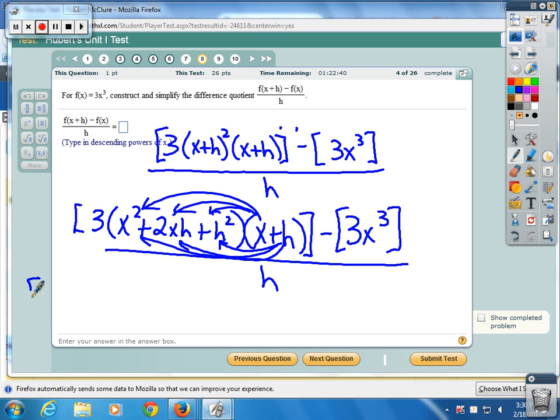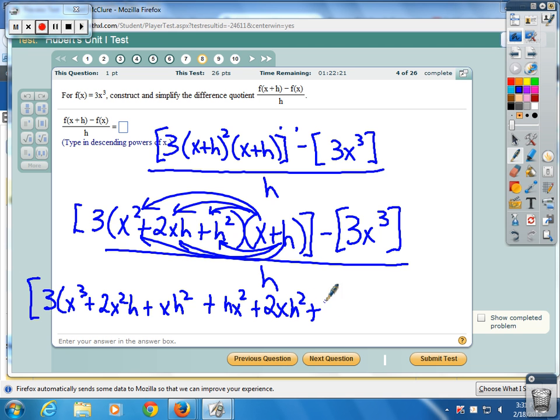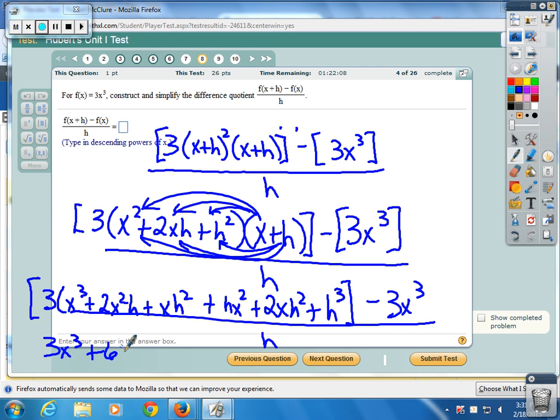And that's going to give you brackets 3 times x cubed plus 2x squared h plus xh squared plus hx squared plus 2xh squared plus h to the third, close brackets, minus 3x cubed over h. And then distribute that 3, you're going to get 3x cubed plus 6x squared h plus 3xh squared plus 3h